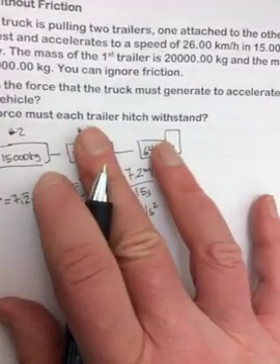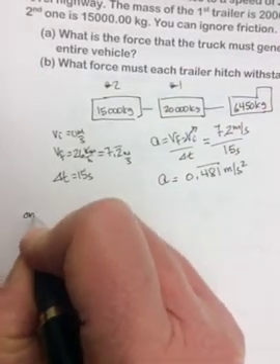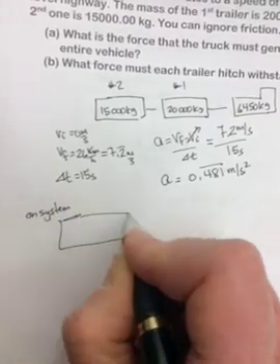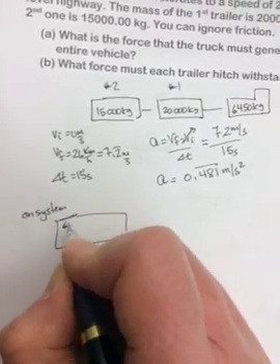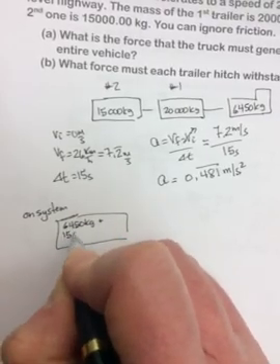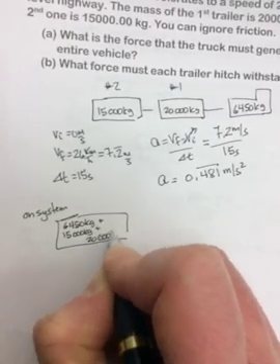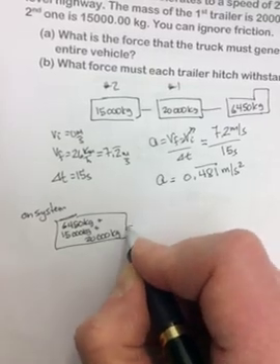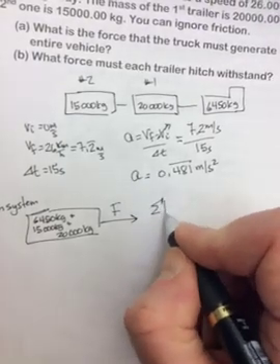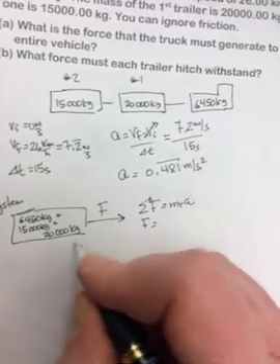What is the force that the truck must generate to accelerate the entire vehicle, the entire system? So it's telling you, look at the system. Okay, so on the system, we have 6,450 kilograms plus 15,000 kilograms plus 20,000 kilograms. That's the whole system. There's no friction, so the only force will be the F pulling forward. So the sum of the forces is equal to M total A, so it'll be F is equal to